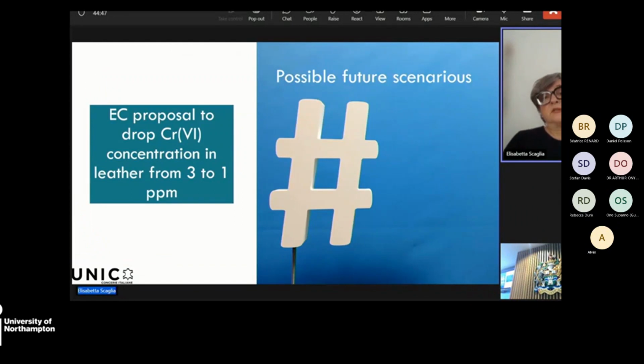Okay, and possible future scenarios for SC is linked to an EC proposal to drop the concentration of chromium-6 from 3 down to 1 ppm during the next years. And this is really a problem, even if we think that at the same time we are